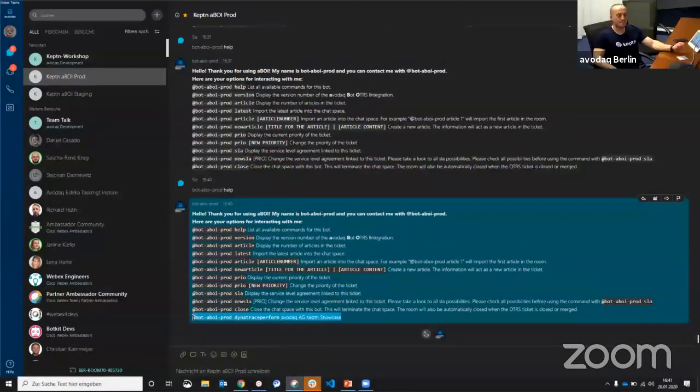Exactly. Look at the last message of the help command, and see if an additional command showed up. We have been working with the solution for quite a few months, and we know exactly where to look. But I can imagine it's just a bunch of text, a bunch of messages that flew in. So thanks for mentioning it.